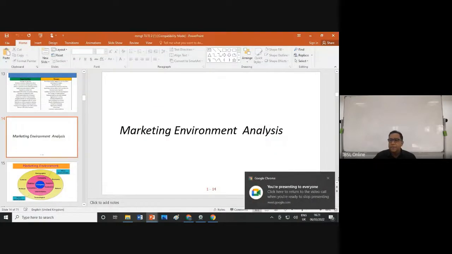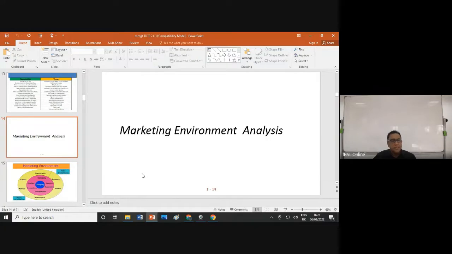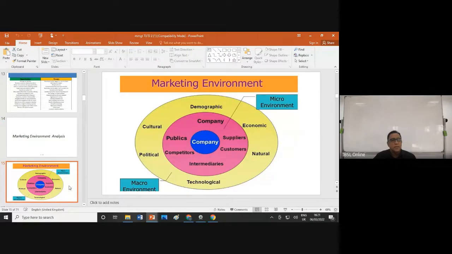Okay, so let me get to the next thing: marketing environment. Why do you want to know the marketing environment? Because to understand your current situation, you must know about the present marketing environment as well. This is you, this is the bank. Your immediate environment, which we call the micro environment, is the company environment, right? This is the micro environment which consists of